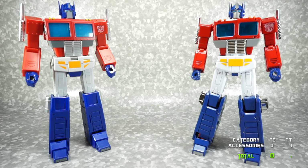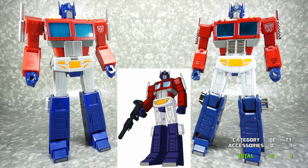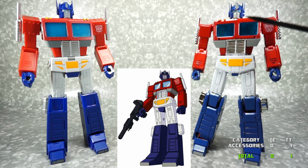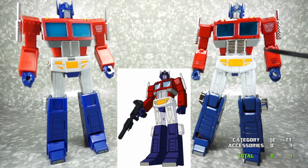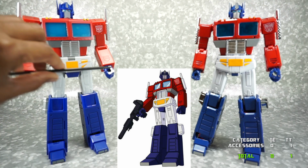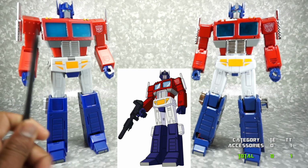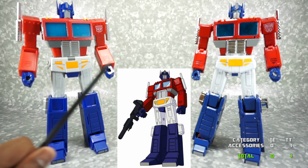For sculpt, again, this is a very subjective part of the review, but we'll put the G1 cartoon there. When I look at the G1 cartoon, I think both of these really hit it very well. They both have some features that really make it stand out. Especially the face sculpts on both are very well done. But when you start moving down the chest into the waist area, the MP-44 really nails the proportions and the overall look. They've got the rounded arms versus the squared off arms, and the more rounded hip skirts here, where these are more squared off. So everything looks a little bit closer to the cartoon. I mean, it should be, right? It's Takara Tomy. They should get it right. So while TE-01 has a really good effort, and I think they got darn close, I'm going to give sculpt